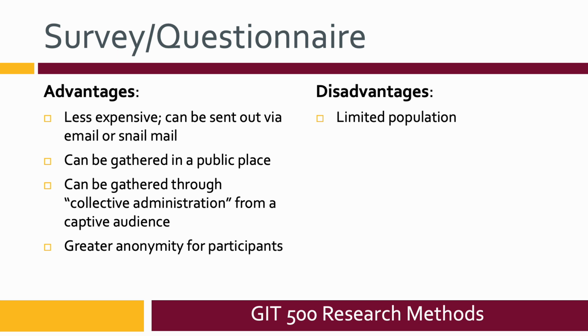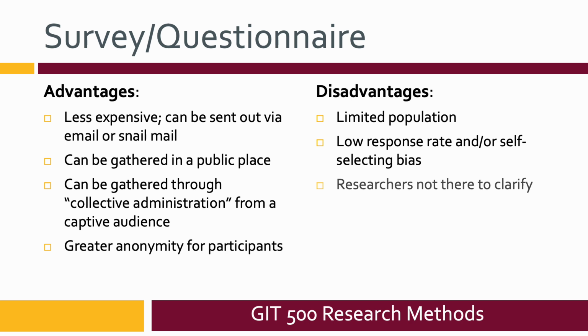Disadvantages are that you can only get so many people, right? So this limits your population that you can get data from. Usually you get a low response rate. We like to think if you get 30% of the total that you sent out back, that's pretty good. A lot of people also self-select based on the topic, so it creates a possible bias from having participants who believe in that thing that you're asking about or have strong feelings about that thing, where other people don't fill out